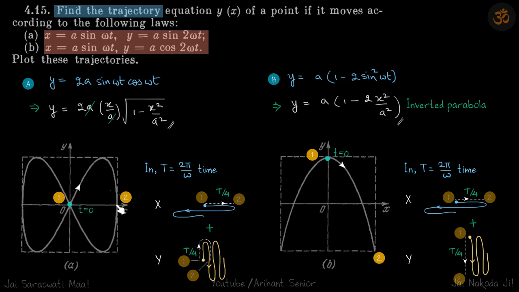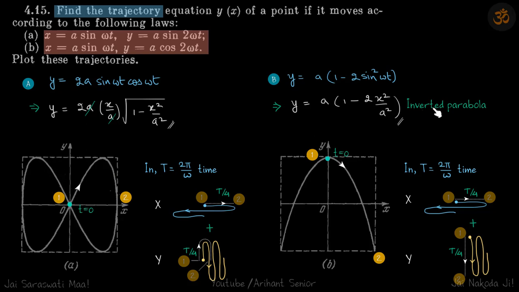So by the time x reaches its extreme, y would have reached its extreme and come back to its mean position. And after that, x will come back to neutral, and in that time y will go negative and come back to neutral. And after that it's like that. So this is how the particle will look, how it's moving.